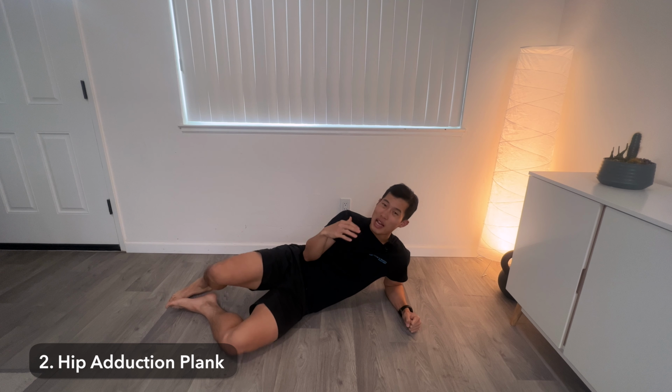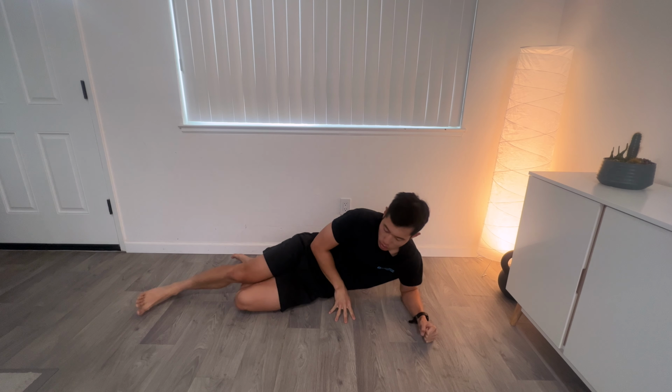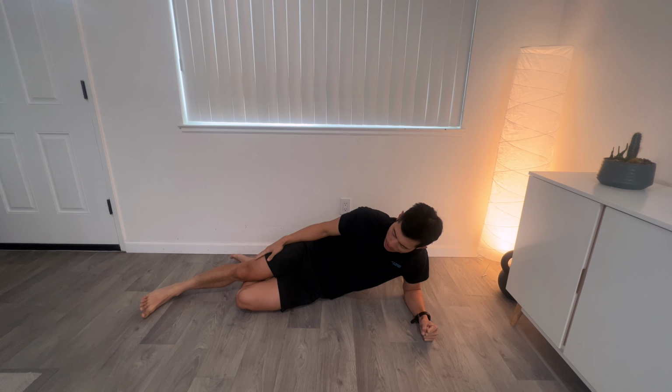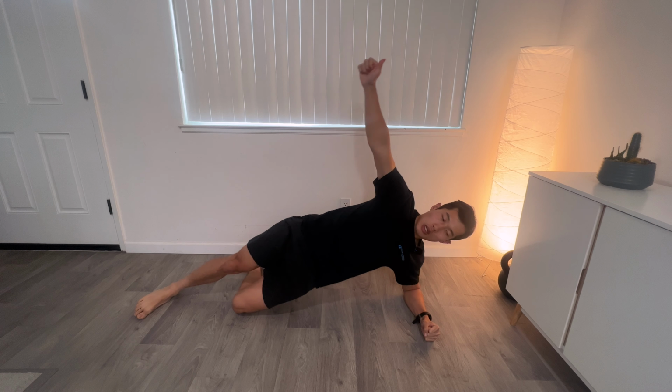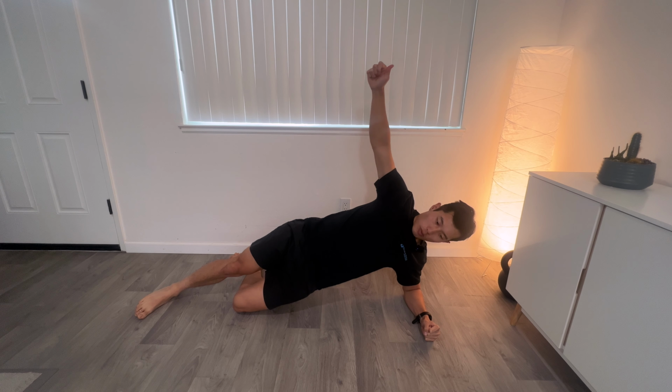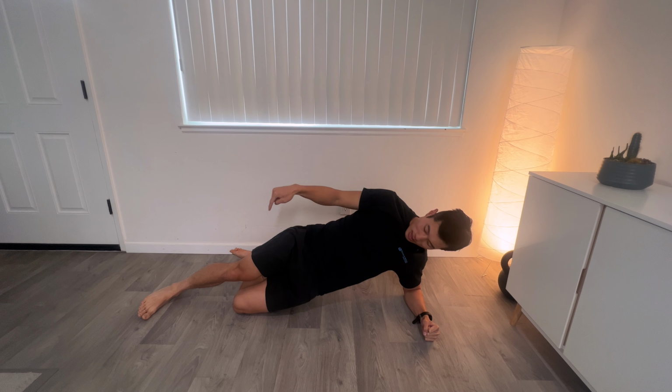Next, we have the hip adduction plank. So this is a little bit tricky. So you're going to go on your elbow, on your side, and the bottom leg is going to be bent, top leg straight, and you're going to lift your hips up from the ground. And what you're actually going to do is actively press that foot into the ground. So I'm pressing this foot, my right foot, into the ground, and I should feel it in my inner groin